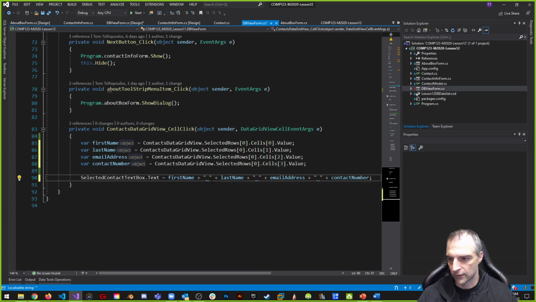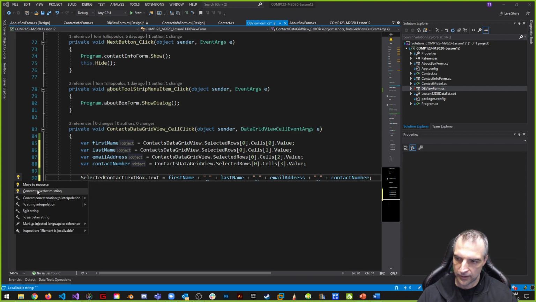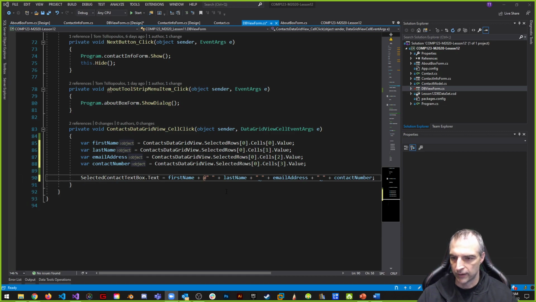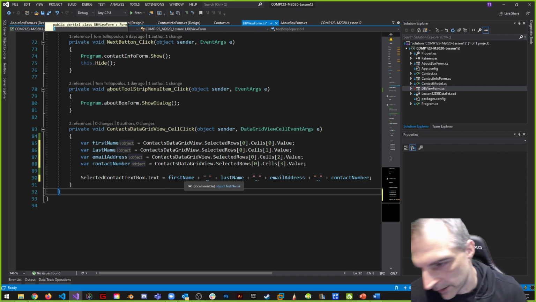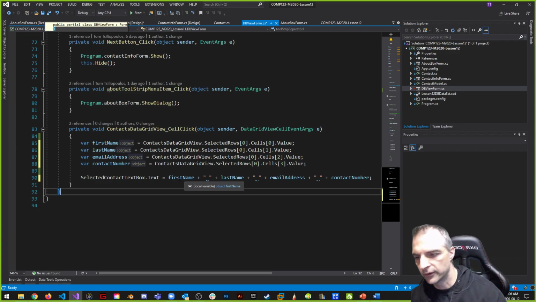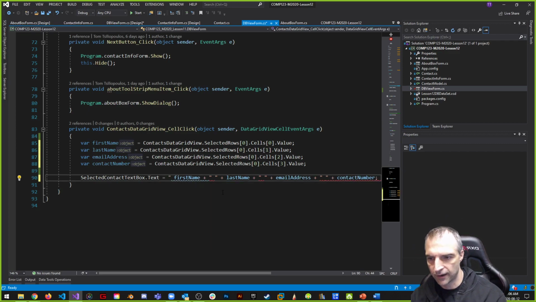It says localized, local string, and it's going to give me an option with the C# tools I have. It says convert to verbatim string, and that's basically what it's asking me to do for all of them, right? So that's kind of one thing to do. Yes, okay, I could do it that way, or I could add. Remember, strings can also be added like this, so I can say that I want to make a string where I want to